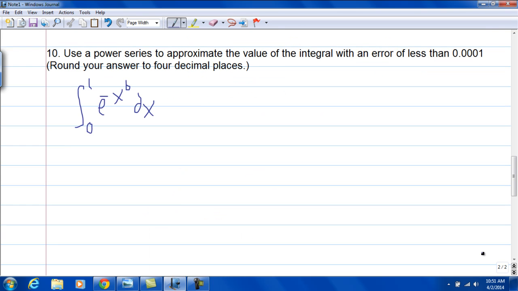Okay, for the next one, we're going to use the power series to approximate the value of the integral with an error of less than 0.0001. And they want us to round our answer there to 4 decimal places. So it's going to be the integral from 0 to 1 of e to the negative x to the 6th